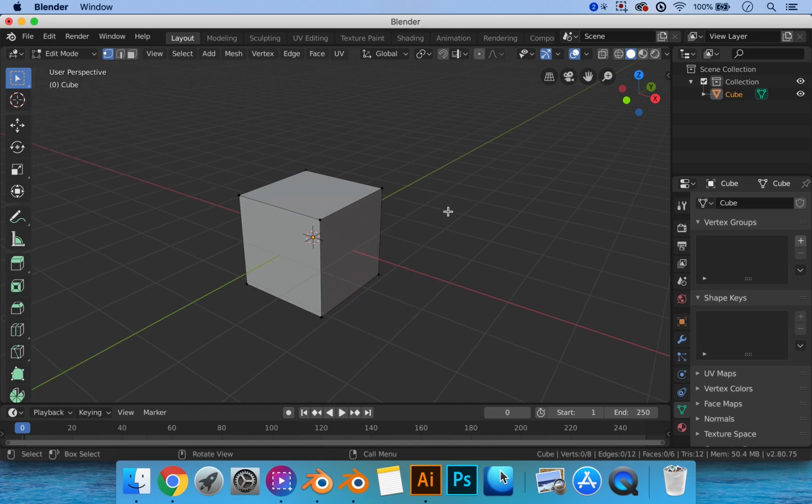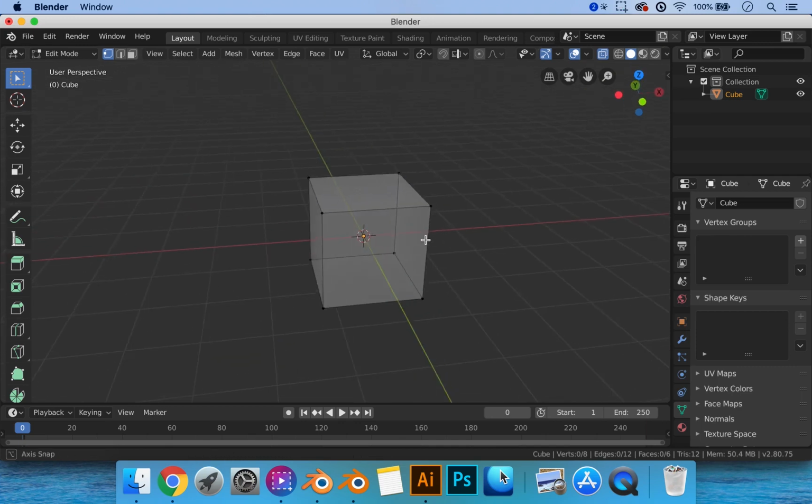Now, there's also a different way of selecting points or faces that you have on the other side of an object. That is to turn on the X-ray option in your solid work area by clicking on the top right icon, the little show X-ray. You can just click on that, and your object,